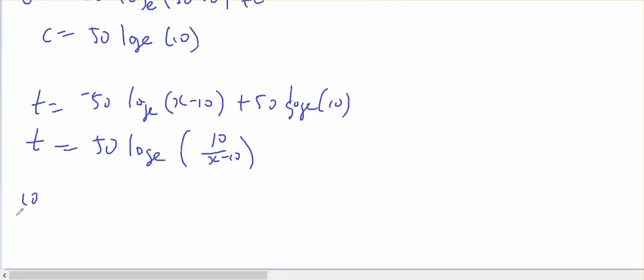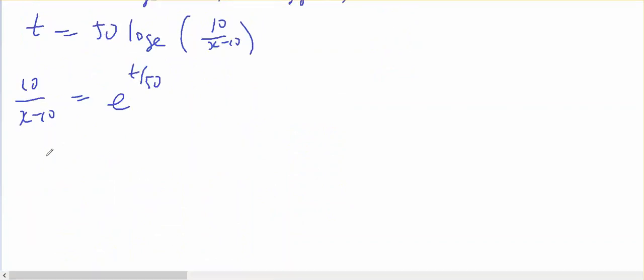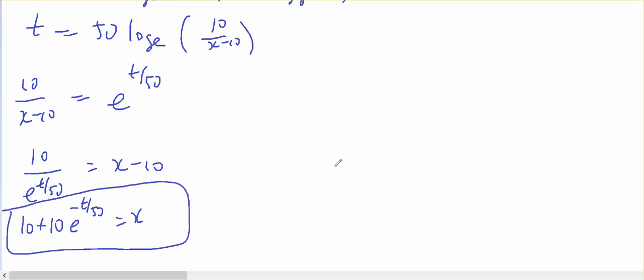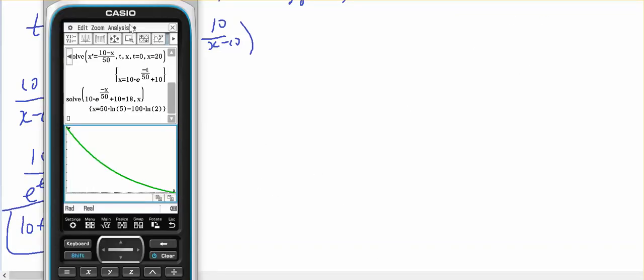So 10 on top of x minus 10 equals e to the t on 50, which means that 10 on top of e to the t on 50 equals x minus 10. So x equals 10 plus 10 e to the minus t on 50 as being my rule for the amount of serum. So if I double check that on a calculator,